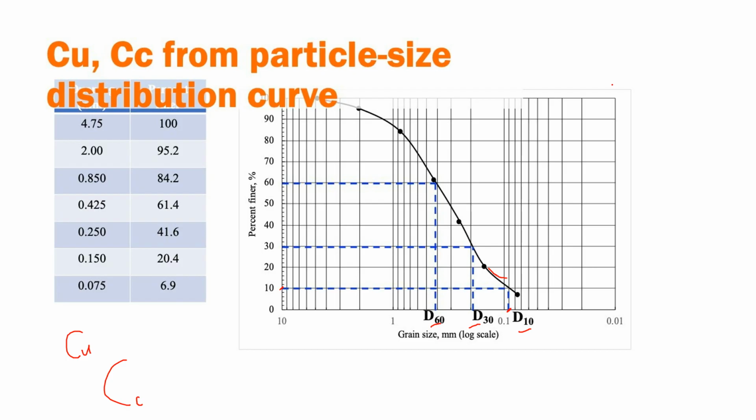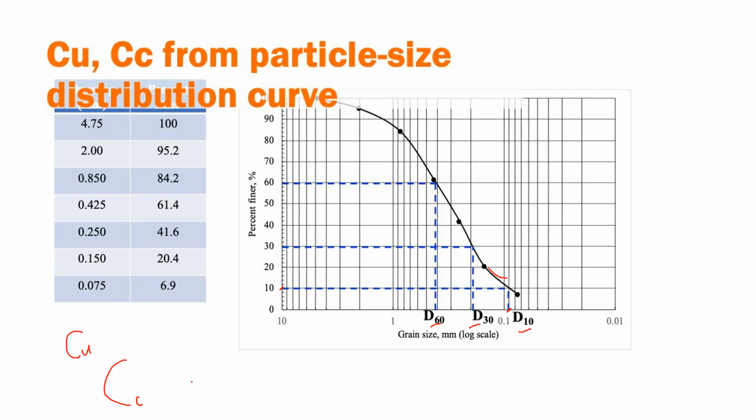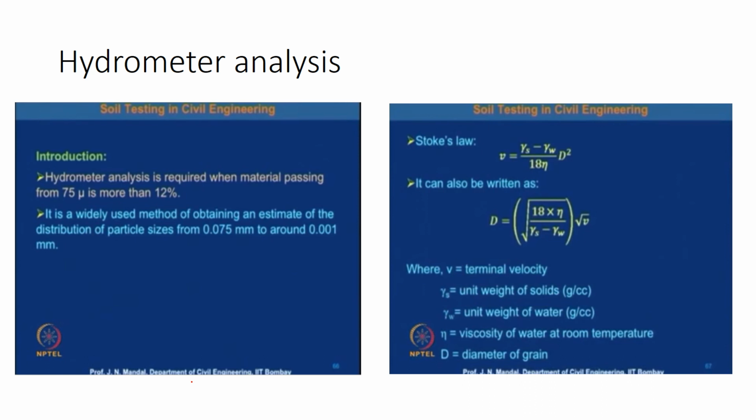Whatever I have talked about is only the coarser fraction that is retained on the sieve. Now we have some fines that have passed through the sieve, water and fines. For these fines, we have to conduct hydrometer analysis. I don't want to go into much detail, just giving an insight. Hydrometer analysis is carried out for the particles passing through the 75 micron sieve, generally silt and clay. To know how much percentage of silt and clay is present, we conduct hydrometer analysis,